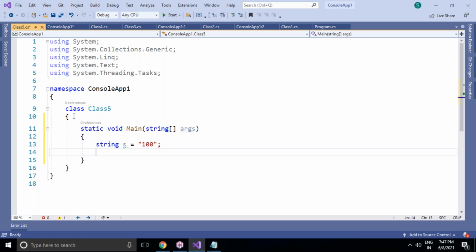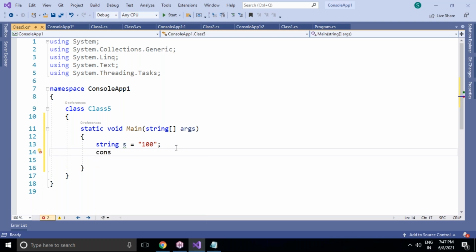Do you think it is a string? Yes. The value enclosed within double quotes is by default a string, that's what I declared s as. But I want to convert this string into integer format. To do that, we can apply two functions, Convert.ToInt as well as int.Parse, so that I can show the clear difference here.